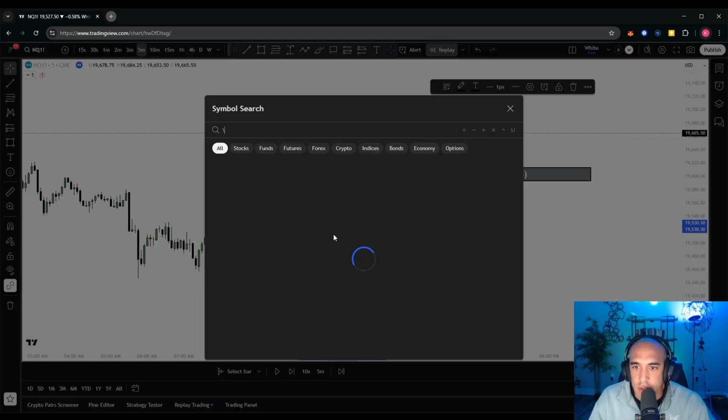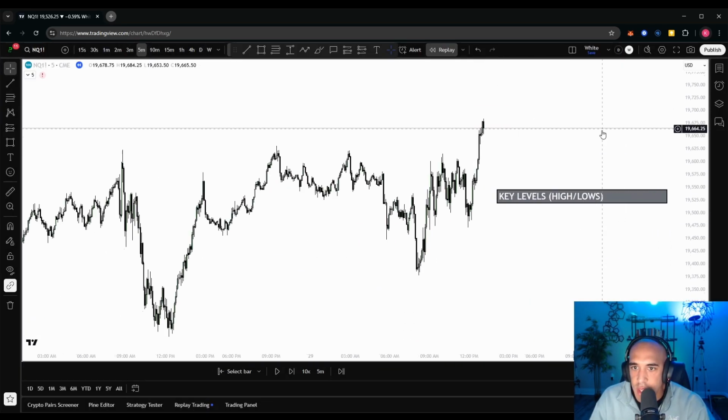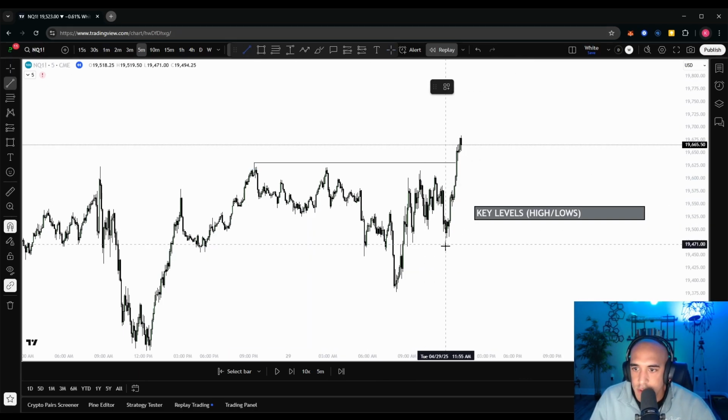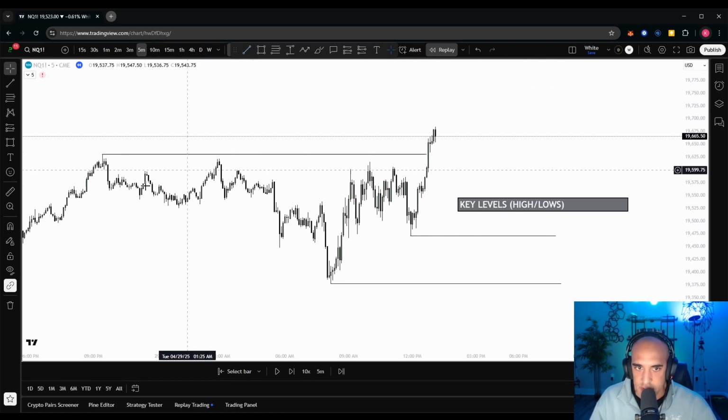Let's do an example here. So I'm on the 5 minute still. If I zoom out, what are the most obvious things you see right now, right? What are the most obvious levels? This low right here, this, right? Anything that's the most outstanding are going to be very significant levels. Those are going to be very strong areas for price to go towards.